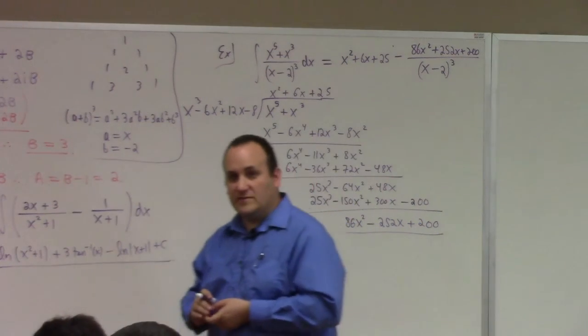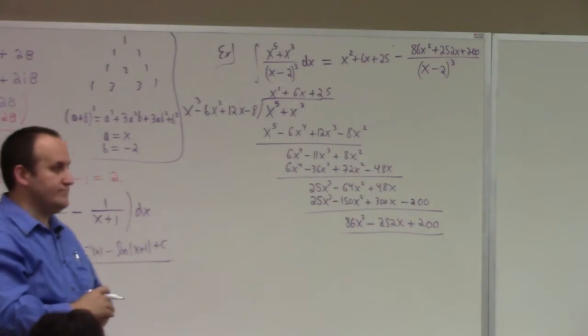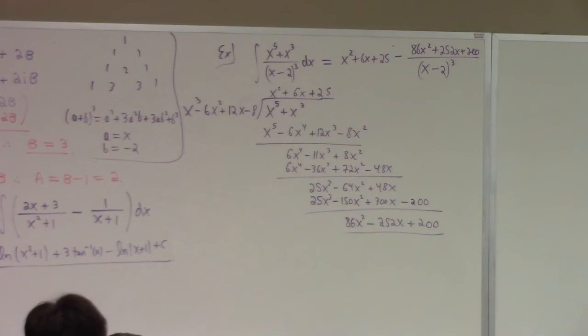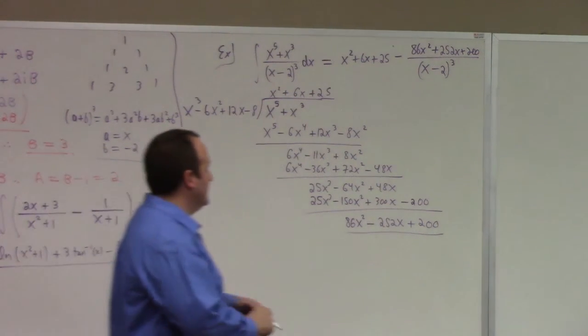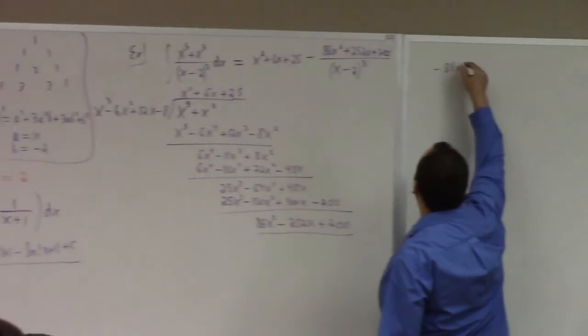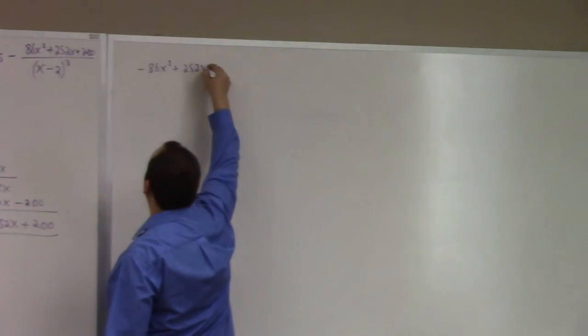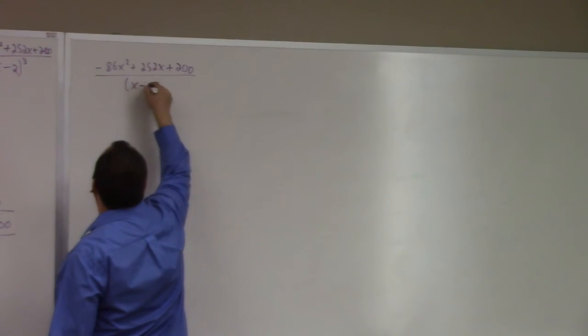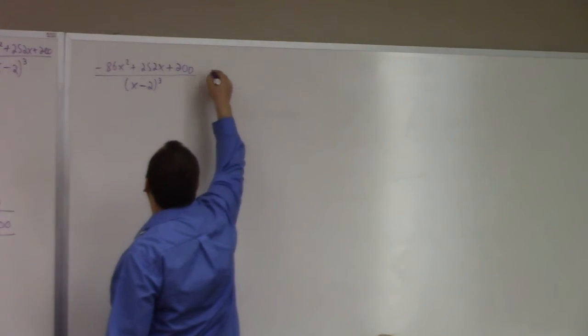Now we can do partial fractions on the cube term. Still have time. Dang it. No, we don't. Fine. So minus (86x squared plus 252x plus 200) divided by (x minus 2) cubed is equal